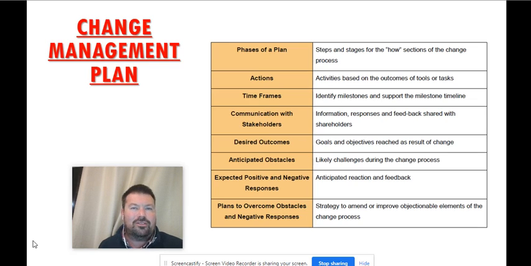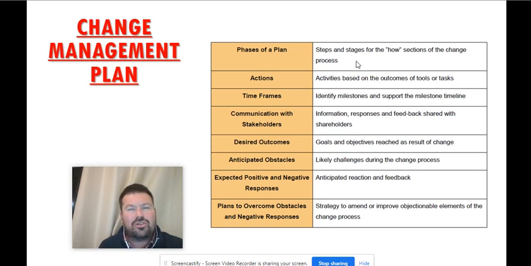You can't just go with your gut. You need to put certain processes in place to protect yourself, as a leader of change, and to protect the organization. So, one of the big things is to phase your plan. So, have phase one, phase two, phase three, phase four. It's the how sections. So you're going to break it into certain sections. Once you get to section one, then you know, okay, we've achieved this. Let's move on to section two.